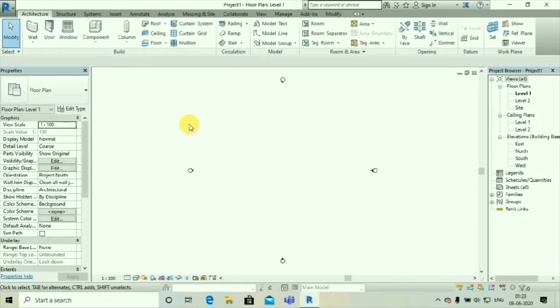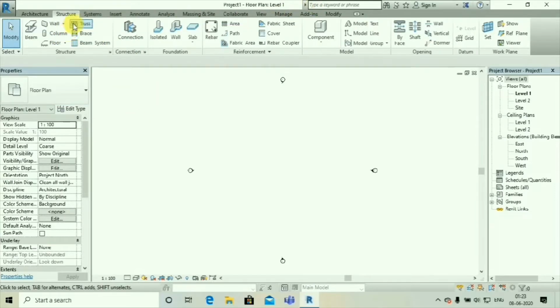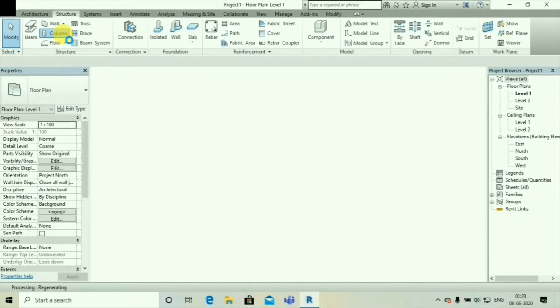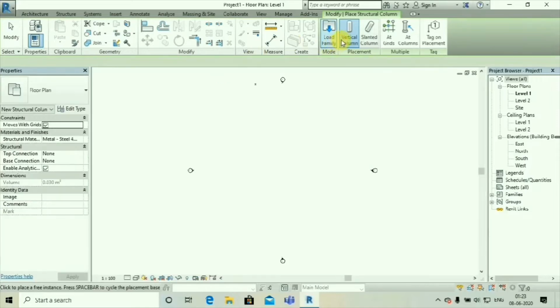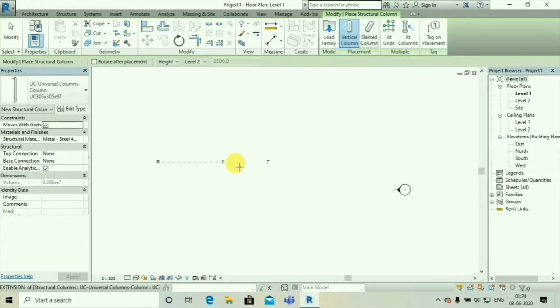So it's opened. The first thing we will do is go to structure on the main toolbar, go to columns, because we will place a truss between the two columns, right? So we want two columns, so select the column. Vertical column. Now we want a height for our column, not depth, so we will change depth to height, and we want its height up to level 2. So place the two columns side by side up to a particular distance.